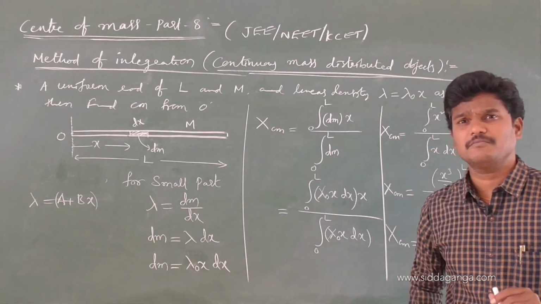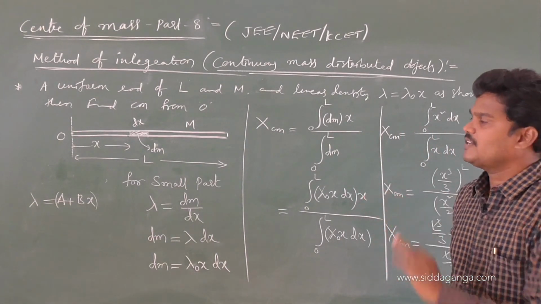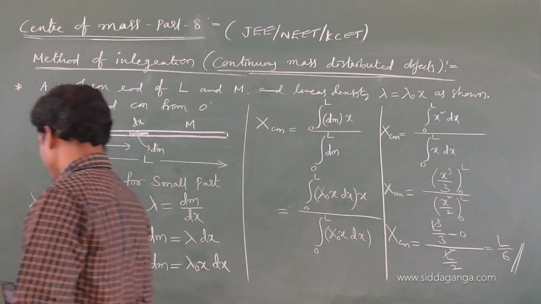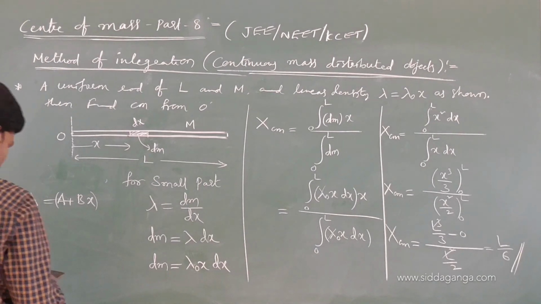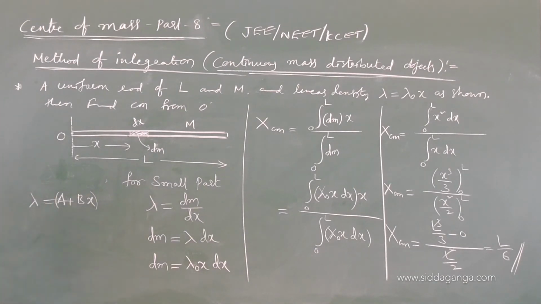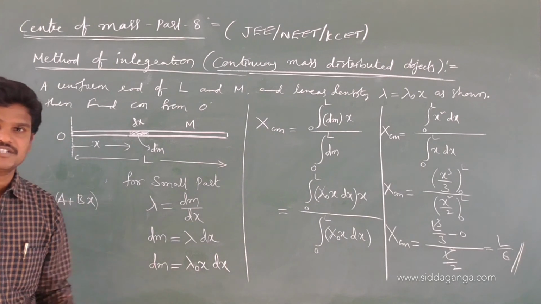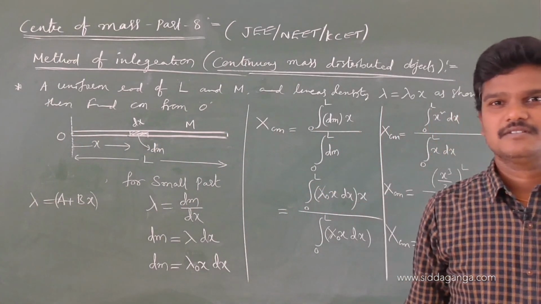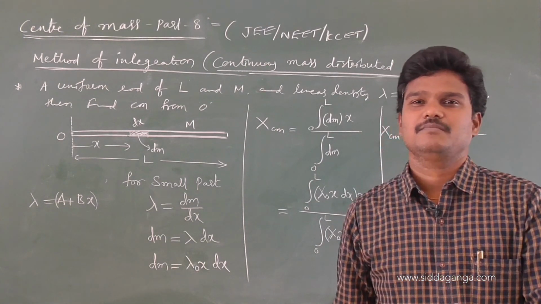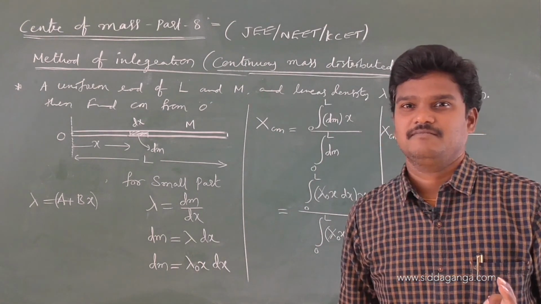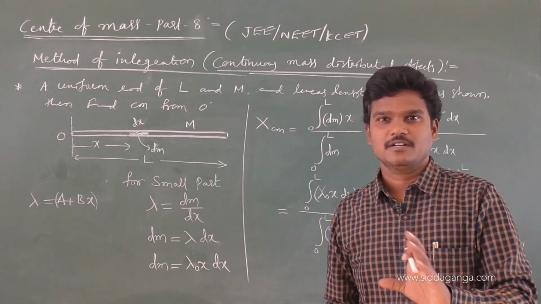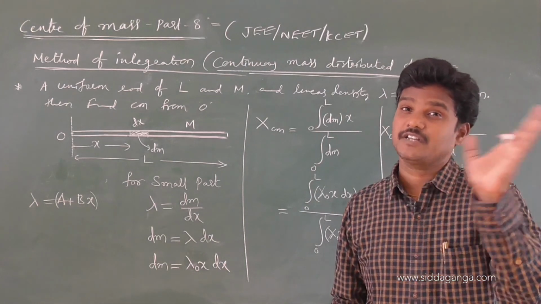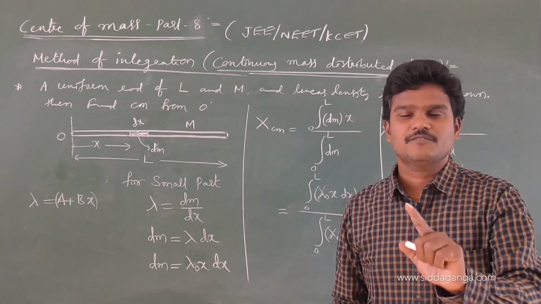If it is a uniform linear density, the center of mass is at the midpoint of the rod. So I just started the method of integration. I'll continue the remaining in the next sessions, because if I do all integration methods at a time, you may feel bored. But next class is completely integration level problems. Be ready for that. That's why I started one problem. Next class also is not easy, because I am going to use integrations that are easy for second year students. It's not easy for first PUC students.